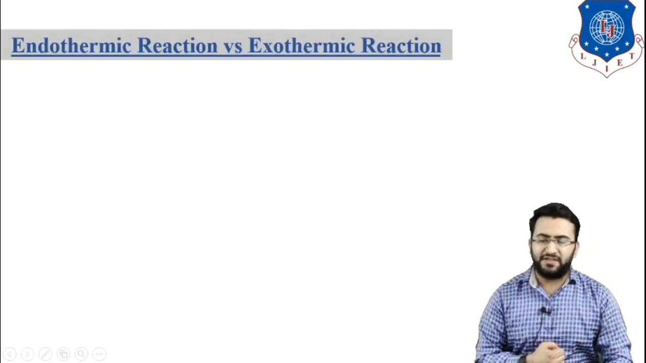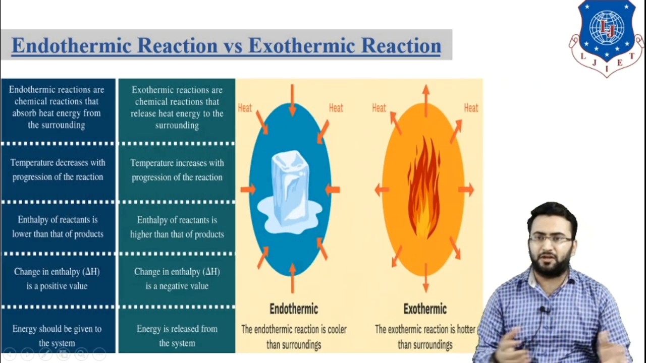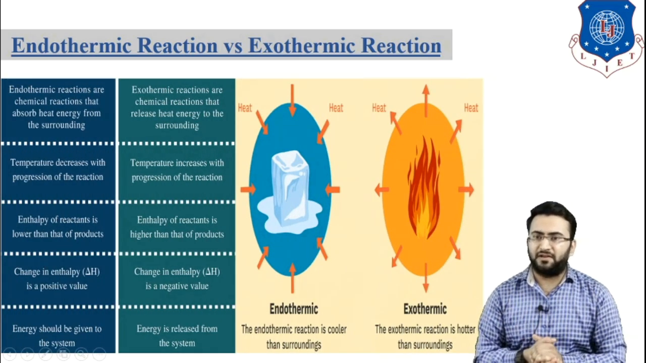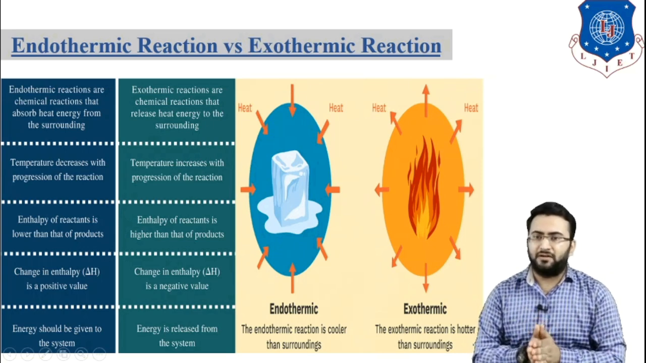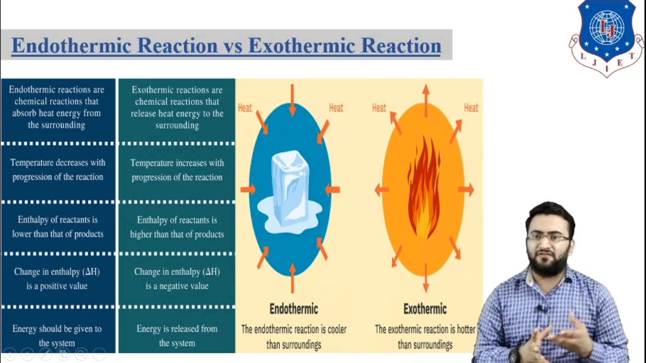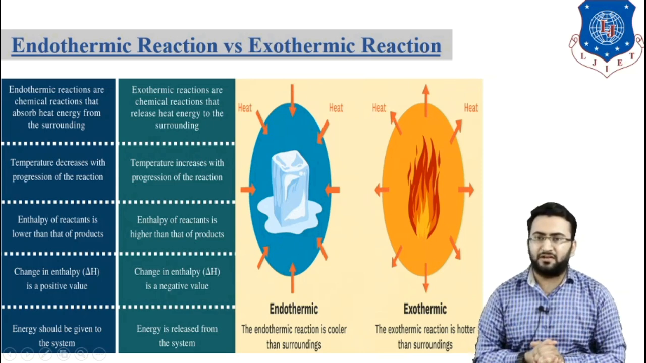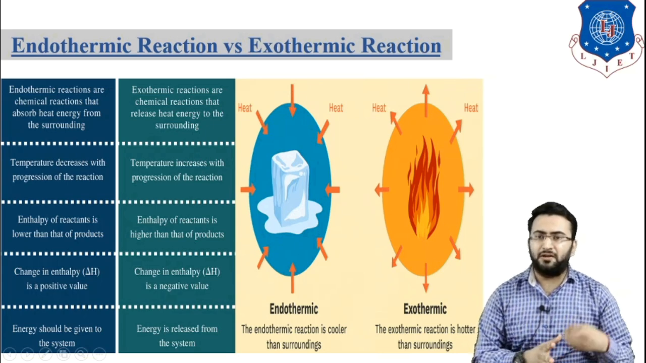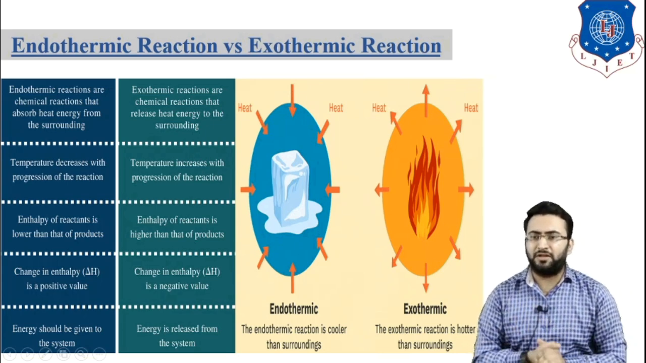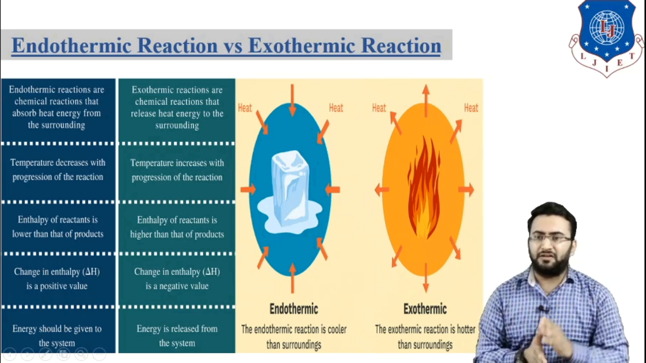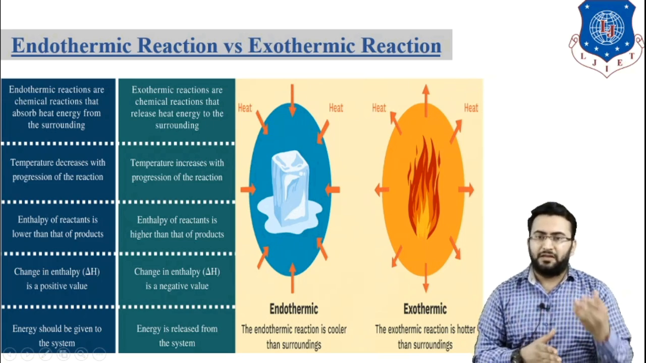Now let's talk about the basic difference between endothermic reaction and exothermic reaction. Endothermic reactions are chemical reactions that absorb heat energy from the surroundings, whereas exothermic reactions are chemical reactions that release heat energy to the surroundings. In an endothermic reaction, temperature decreases with progression of the reaction, whereas in an exothermic reaction, temperature increases with progression of the reaction. In an endothermic reaction, the enthalpy of the reactant is lower than the product, whereas in an exothermic reaction, the enthalpy of the reactant is higher